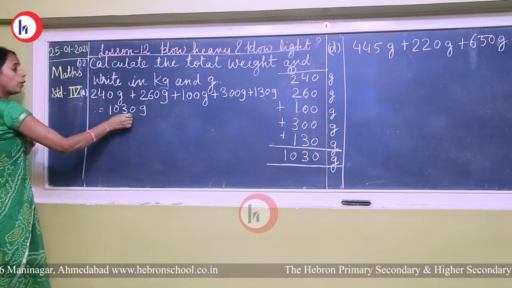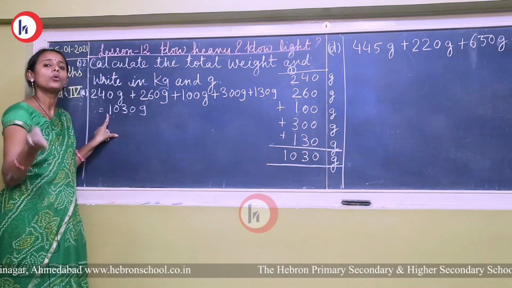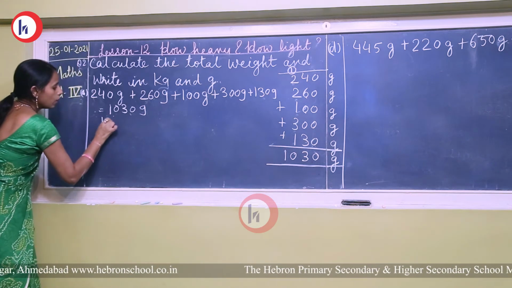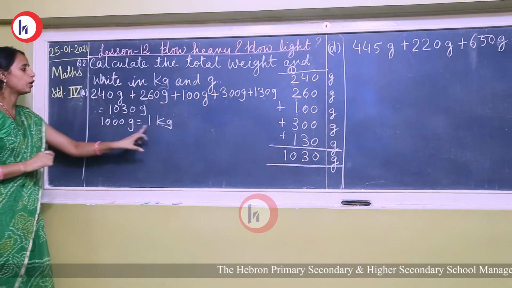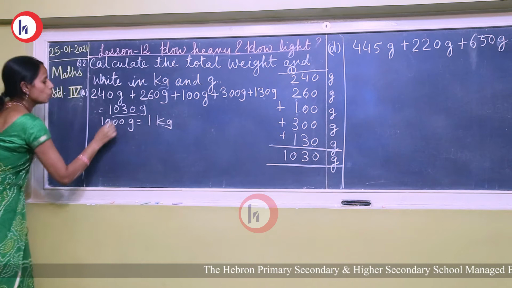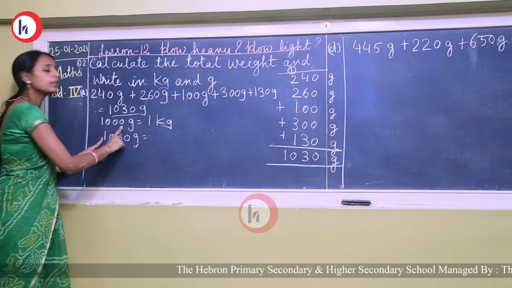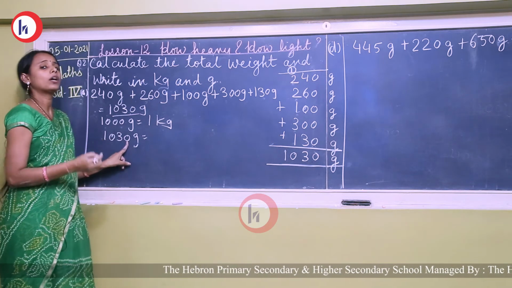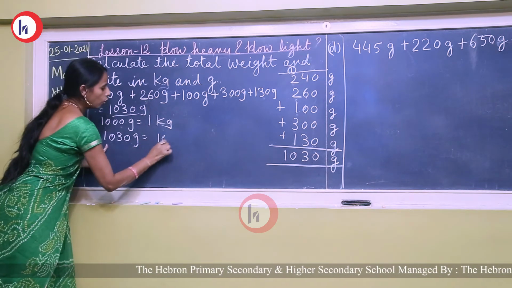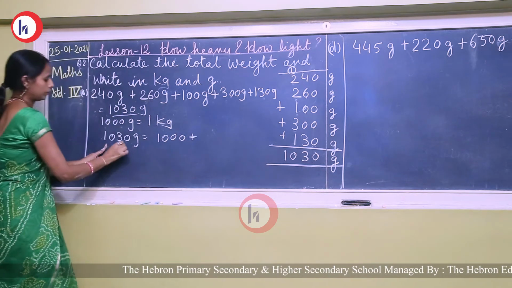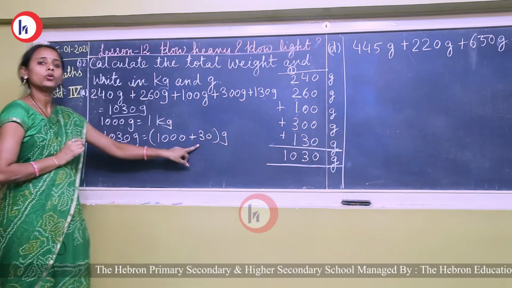1030 gram. So here 1030 gram, that means it is more than 1000. अगर 1000 से ज़्यादा है then we have to convert in kilogram. So 1000 gram is equal to 1 kilogram. Okay, 1000 gram जो है 1 kilogram का equal है. So here is 1030 gram. तो इसको हम सेपरेट कर देंगे so that we can divide by 1000, क्योंकि 1030 को अगर हम 1000 से डिवाइड करेंगे तो ये पूरा 1000 से डिवाइड नहीं होगा. So 1000 plus 30. Okay, in that way we have to separate.